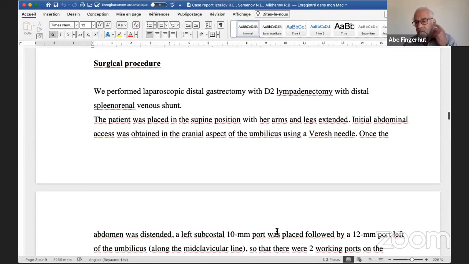Okay. This is something that we are all faced with, that we have to deal with in a very special way. Once we have a technique indicated for a paper that's looking at the outcome of a simultaneous laparoscopic procedure for cancer in a patient who has cirrhosis, the technique that we use, we're very proud of it, of course, but that's not the essence of your paper. There's too much detail